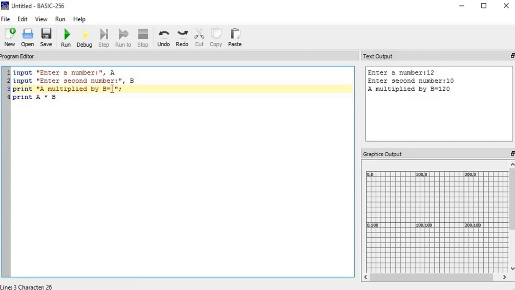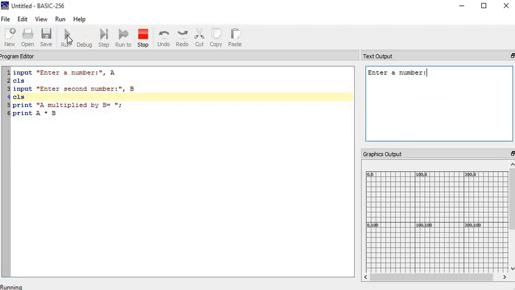So if you want this to be a little more systematic, you can do it like this. Say 12, 10. See this gap that I have created on the output area is the gap that I have created here. So that thing will get reflected on the output as well. So now I will tell you the use of CLS statement that I have earlier explained. CLS stands for clear screen. What if I don't want to show these things here, that the person has entered this number and I directly want to show this? So I will run the program again, enter the number, say 12, 10, A multiplied by B is equal to 120.